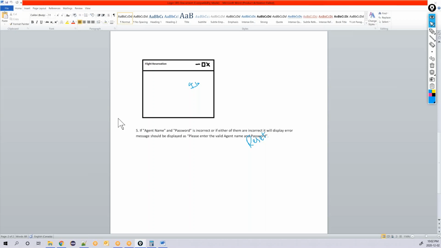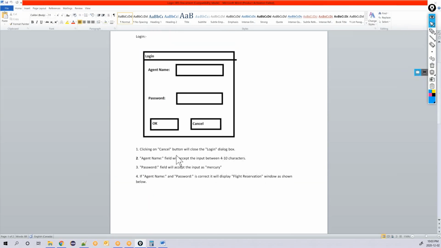Okay, so these are the requirements that have been given to you. Based on these requirements, we have to come up with test cases. Now, a couple of things we need to understand here. Whenever you go through the requirements, you can find some issues in them. For example, it says if the agent name and password are correct, it will display the flight reservation window as shown below. Now, actually, this requirement has to be: if the agent name and password are entered correctly,